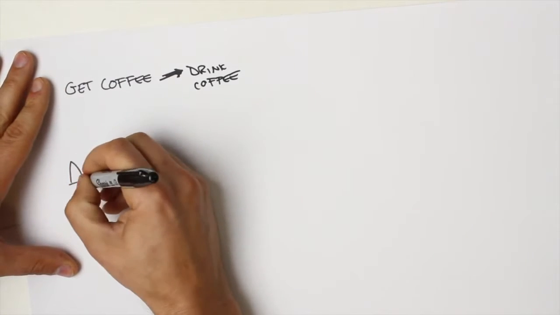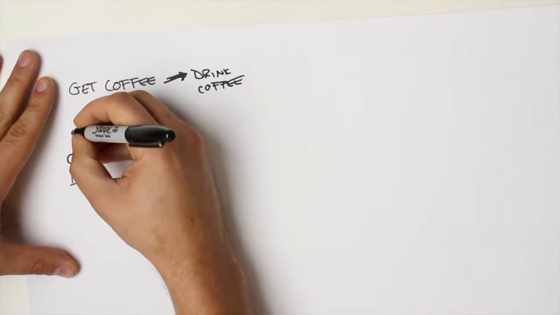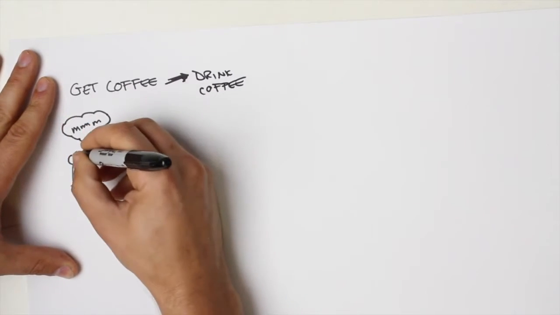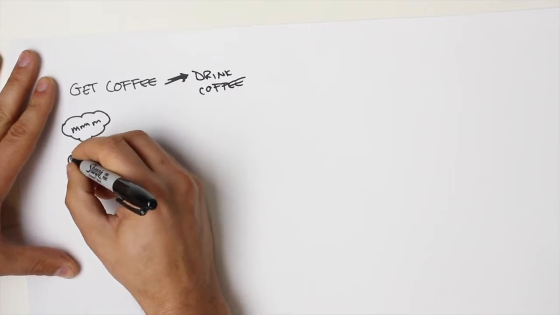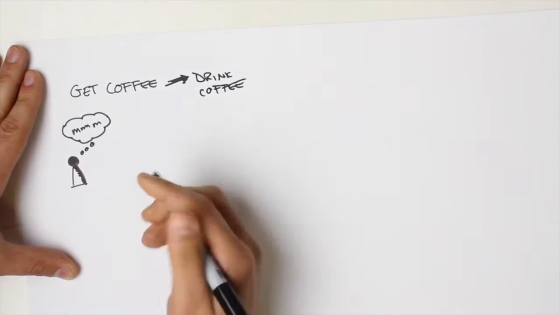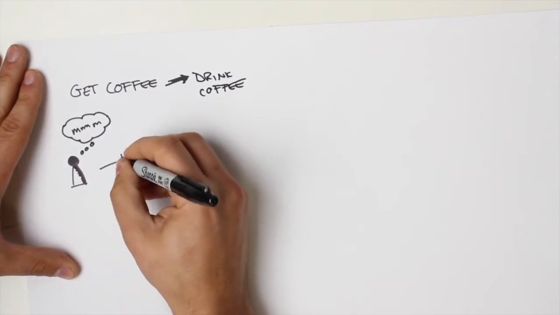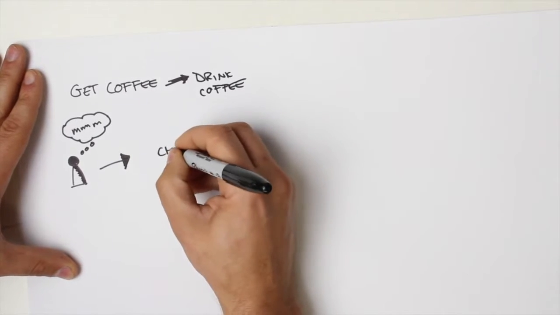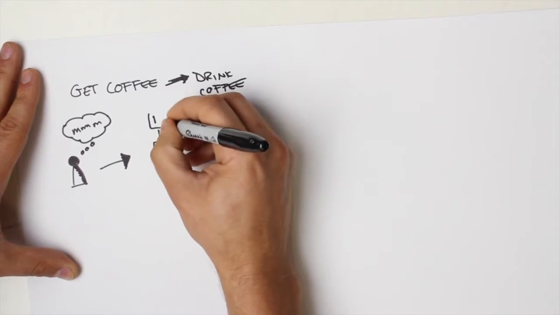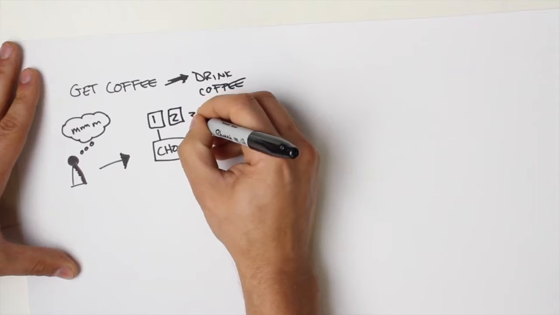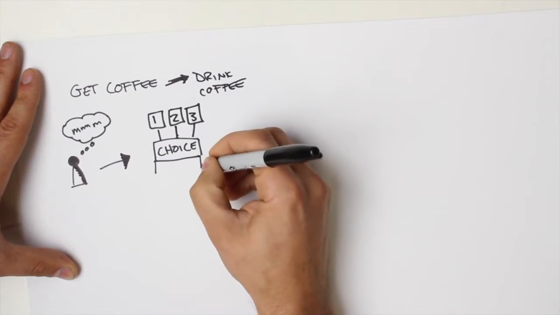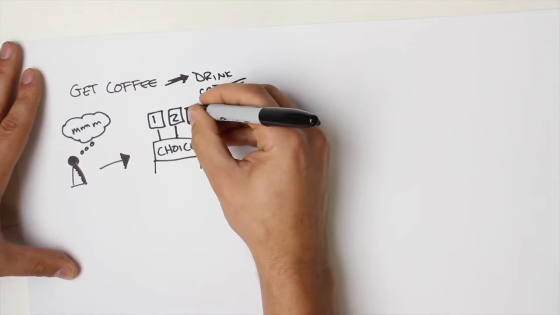So the very first thing that happens when someone decides to get coffee is they decide to get coffee. So the very first step of my Journey Map is the decision of someone saying, I could really go for a cup of joe. Right, so then your next question is, what happens next? So I'm going to draw an arrow. What happens next is they have a choice. There's this moment of reckoning during which they say, in my town, we've got choice 1, 2, or 3 for where to get a coffee. Now, who knows what happens in this moment of decision, but let's say, ding, ding, ding, coffee shop number 3